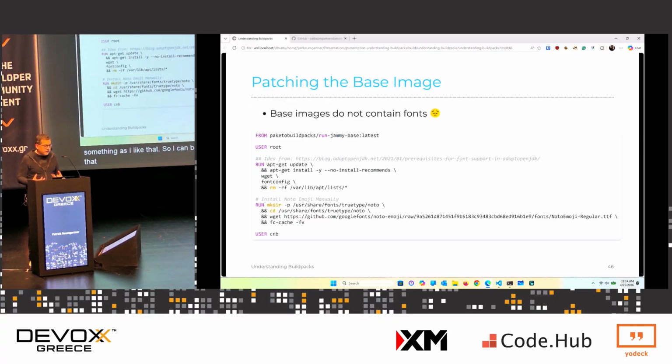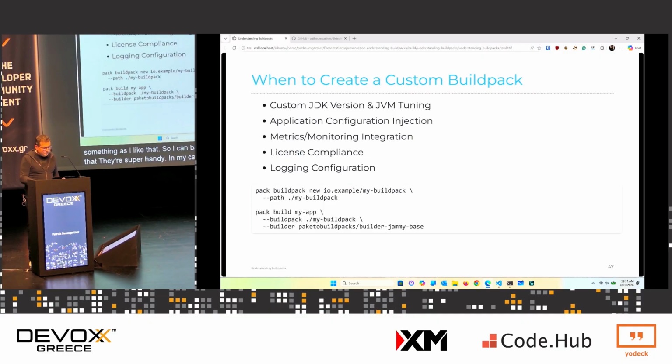That's super handy. In my case, emoji fonts. Okay. There are other things you could easily do. You could add additional JVM tuning. You could think of adding agents for metrics and monitoring. You could also force checks against licensing, or force a standardized way